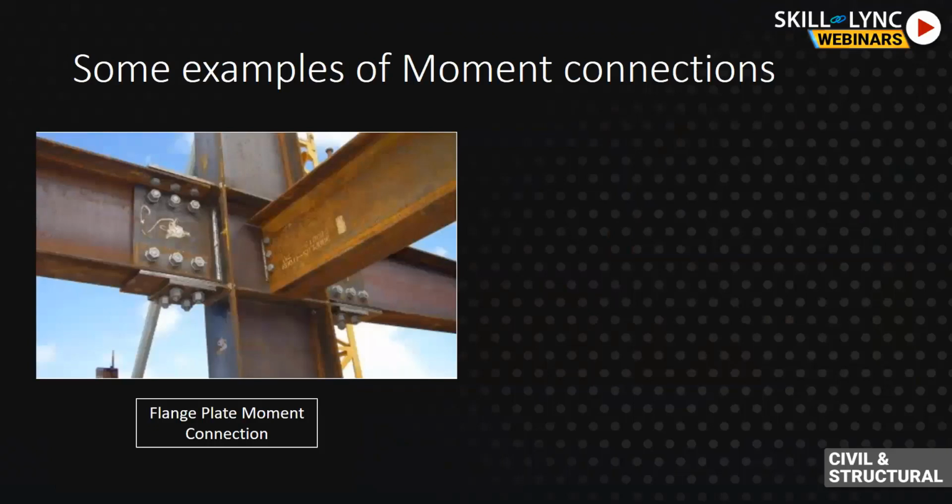Here you can see that we are showing you all the different types of connections and all the different ways in which these connections are conceptualized, but the concept remains the same. The flanges of the beam need to have a rigid connection with the column. In this connection, this is done with the help of flange plates. You can see that the flange plates that are welded to the column are bolted to the beam flanges here, and as usual, to resist shear, we have connected the web of the beam to that of the column.